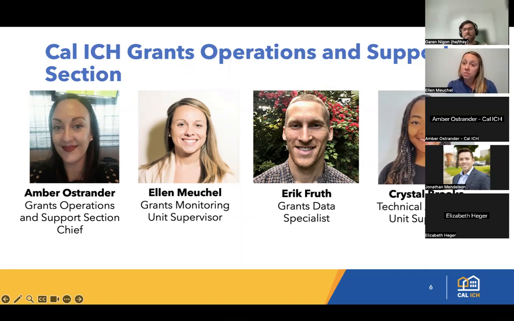and takes the information that we have received through applications, reporting, and other communications with grantees, and combines that into one overall report to help us assess and understand how funds are being spent, but also provide that additional support should it be needed, partnering with Eric and Crystal to utilize the services available within each of their domains as well. So looking forward to working with all of you.